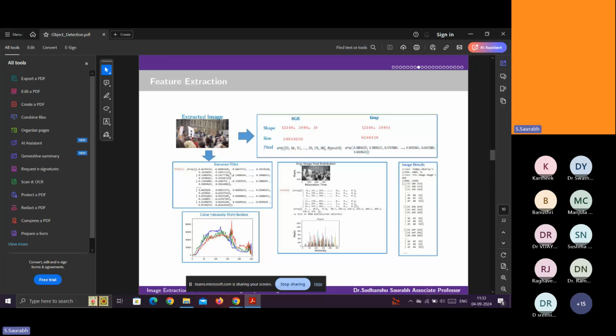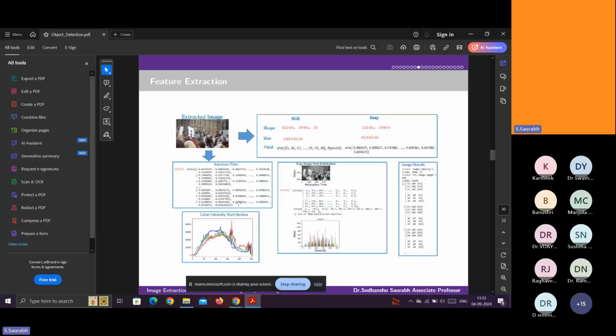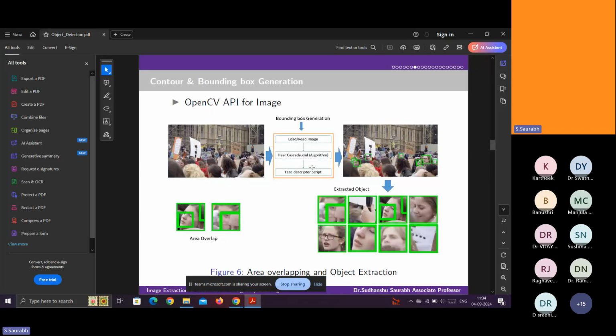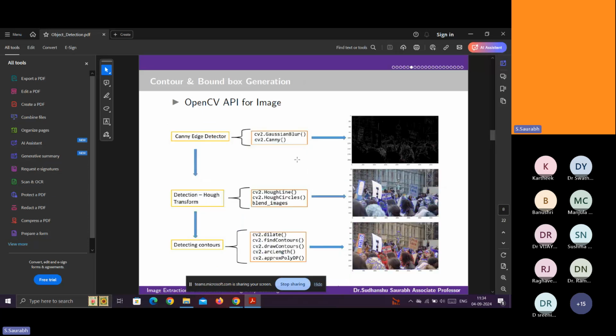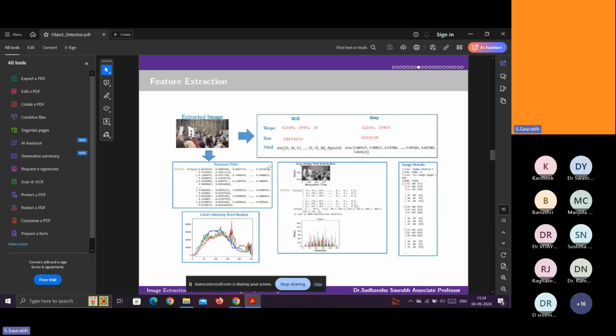Once you apply the Gaussian filter, the numerical values are different. Once you apply the HOG, the numerical values change, and with other techniques, many techniques that I discussed here, this haarcascade.xml, this Canny technique, these HoughLines, HoughCircles, findContours, the numerical values are totally different from each other, and the color intensity distributions are seen here.